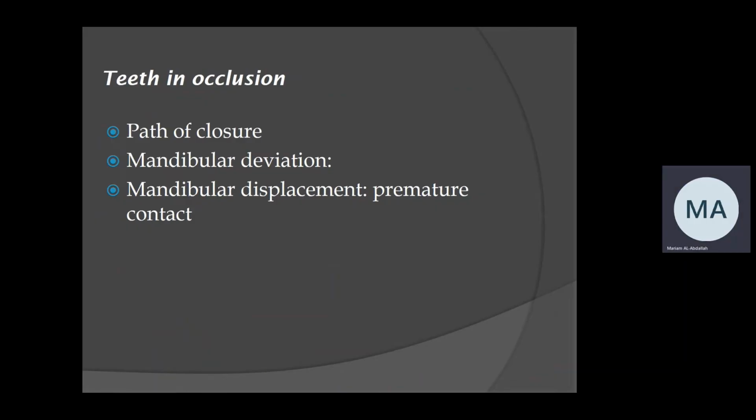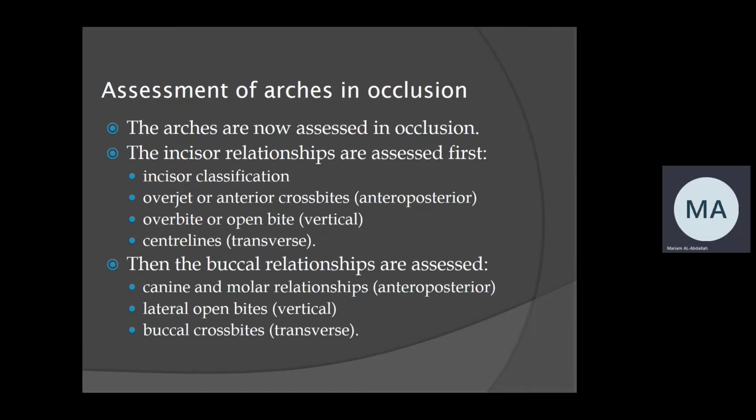Now I want to examine the teeth in occlusion, in the maximum intercuspation. As I'm doing this, it's important to assess path of closure and mandibular deviation or displacement due to premature contact. So I need to check the centric relations, the centric occlusion. I need to check movement of the mandible. Okay, and then when the patient is in the maximum intercuspation, I need to look at the labial segment in order